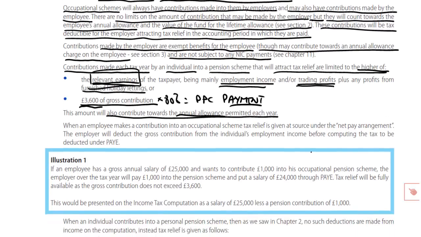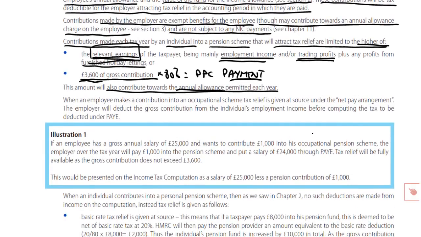Now then, with occupational pension schemes, we know what's happening. The employer contribution is tax deductible for the employer, and it is an exempt benefit for the individual. But when an employee makes a contribution into an occupational scheme, how is it that you achieve the tax relief? Well, it too is said to be given at source, but this is very different to what we talk about with personal pension contributions. It's referred to here as the net pay arrangement, and it's a very simple, practical way